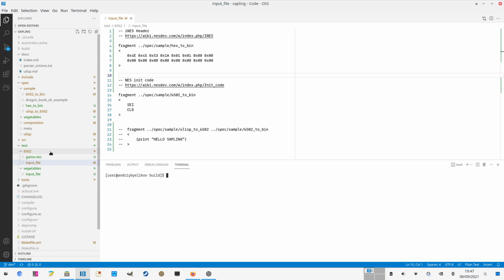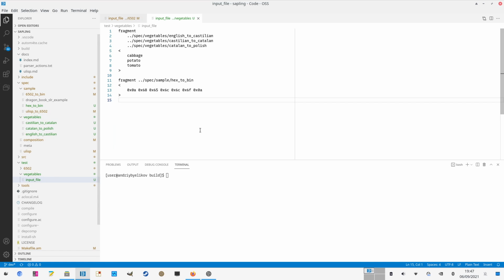So let's see a simple example of a specification file with a composition file, or a composite source, with multiple fragments and with language tags. This is called the vegetables example. What this fragment will do: this is the top-most language, and this is the language in which the fragment is written, and so this will